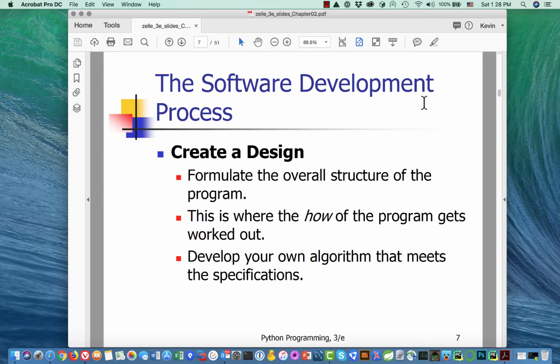Now, algorithm is an interesting word. It's an approach to solving the problem. We talked about that in chapter 1 as well. And the word that I like for it is recipe. So it's a recipe for solving the problem. And recipes that we use, say, for cooking or for baking, are usually expressed in terms of the actions and the objects that we use for cooking and baking. Okay, so here it's going to be a recipe for solving the problem, and it's going to be in terms of